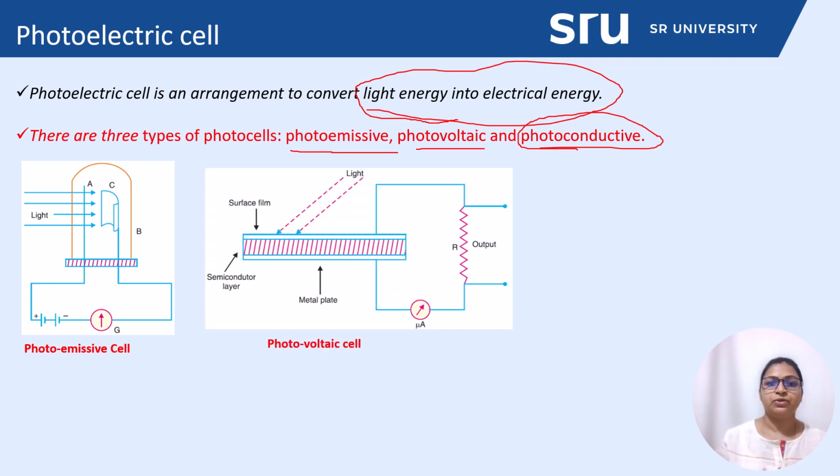So next is the photovoltaic cell. This is the arrangement of the photovoltaic cell. Photovoltaic cells have multiple layers. Suppose the middle layer is the semiconductor layer, where the light is basically absorbed, and there is also a metal plate and a surface film for the contact. The most important component of the photovoltaic cell is the semiconductor layer, where the main light is absorbed,